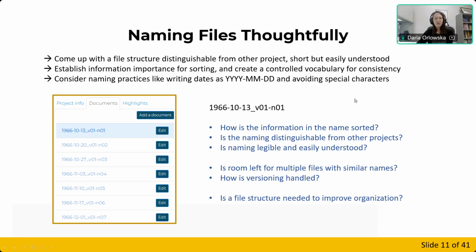And do you need a file structure to improve organization, especially within a folder? So looking at this, the way that we named this file, it could actually be renamed for clarity. We can change it to include the words Western Activist, because maybe it's not super clear if we found this out in the wild or out of context, outside the folder we originally put it in, to know what it actually belonged to. So adding the Western Activist just there, we used camel case, as you see, that's putting Western, no space, just Activist with an uppercase A right next to it, gives it that clarity.